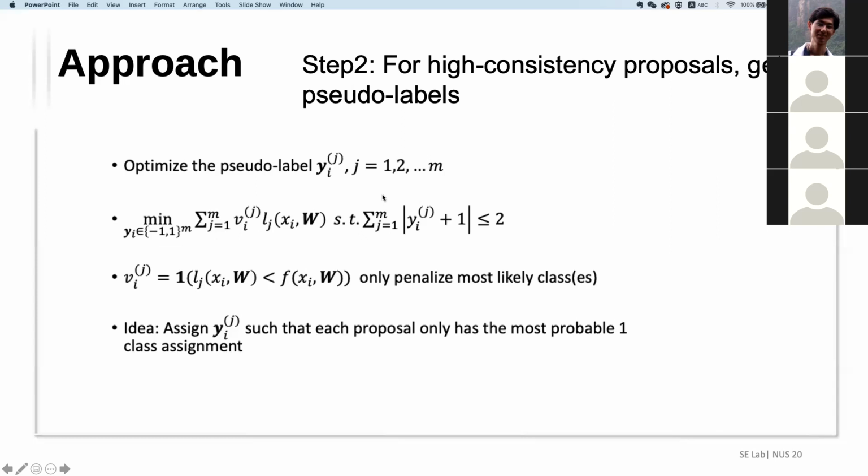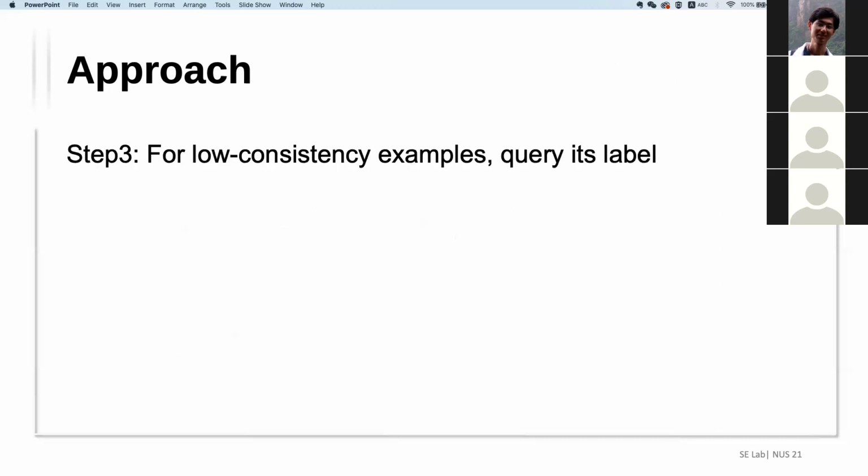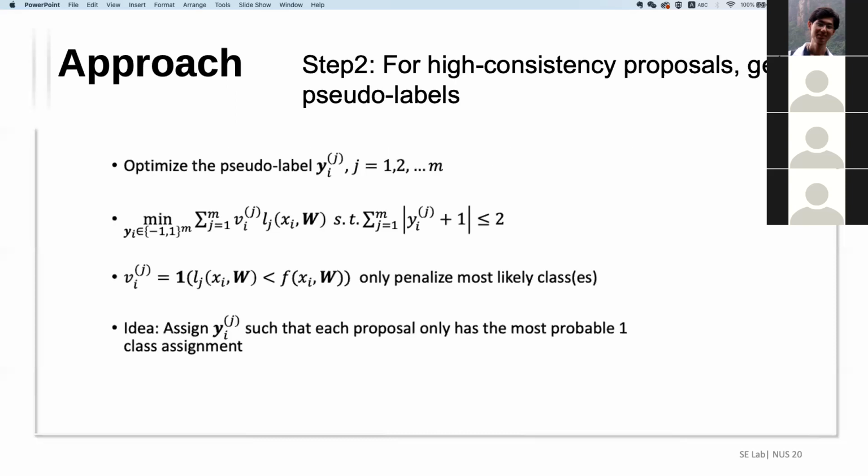If we have M classes, then I have M entries, and each y can be positive and negative. Positive means belongs to that class. Negative means not belong to that class. And this constraint just means we only assign it to one class. Okay, let me look at the last two lines.